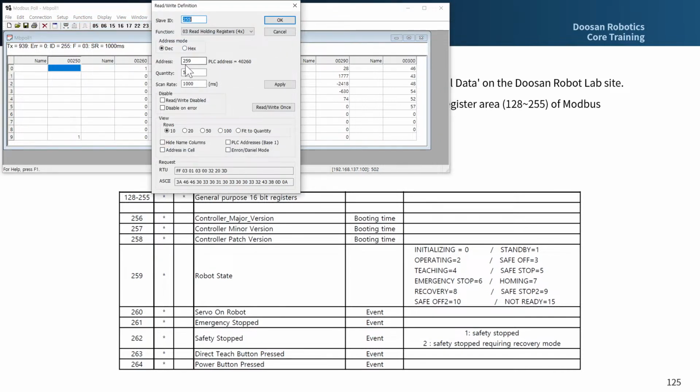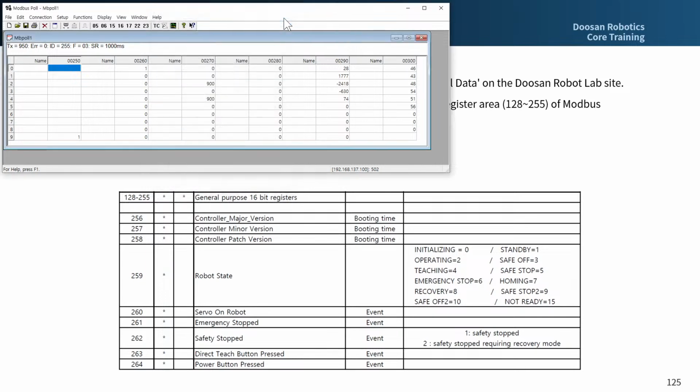So I would like to check from the 259 holding register, the quantity 50, the slave ID, and OK. 259 is the robot state, currently standby, and if I push the emergency button, it changes to 6, emergency stop, and release emergency stop,